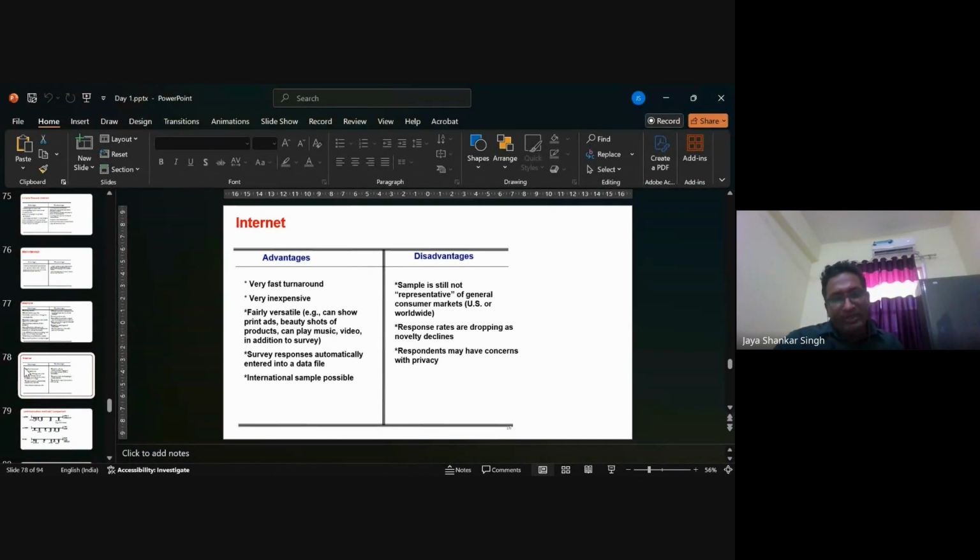Internet: nowadays we generally use the internet as a form of data collection. See, I will tell you what happens. A recent experience of mine: a few of my PhD scholars came to collect some information on supply chain. They were doing some project, and they gave me a paper to fill in. I had asked them to give me an online Google form, but they submitted the paper. It is still lying on my table.